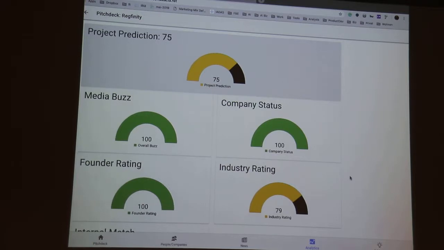And this is one example of how we analyze these pitch decks and how we help VCs to evaluate projects, which means we can actually speed up the process so they can either analyze a lot more, take in a lot more, or be more efficient.